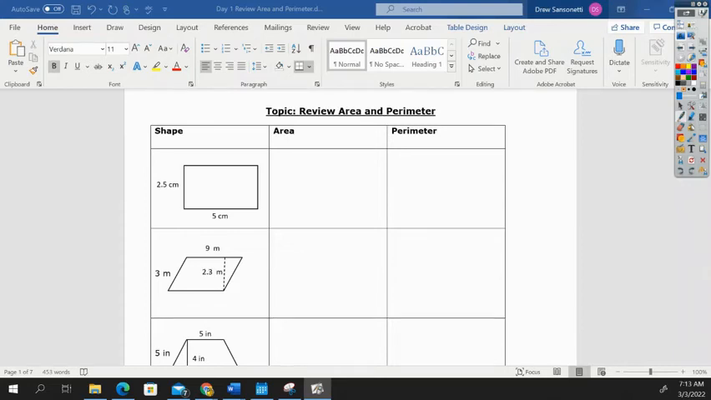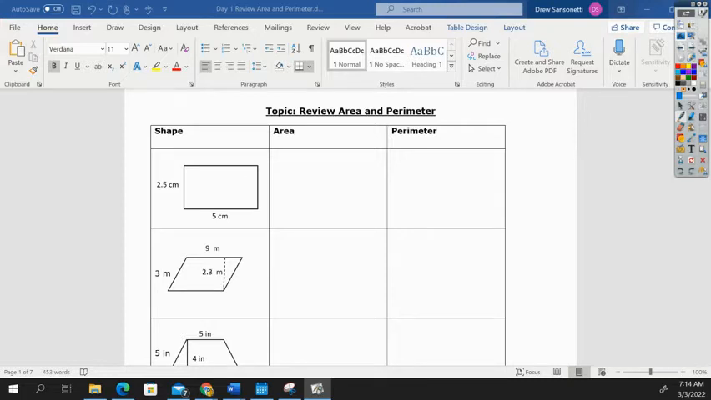Hi everyone. In this video, we're going to practice finding area and perimeter of two-dimensional shapes. So let's begin. Before we start, make sure you have your formula sheet handy because you're going to need it to write down all the formulas. For every single problem, we always want to make sure we write down